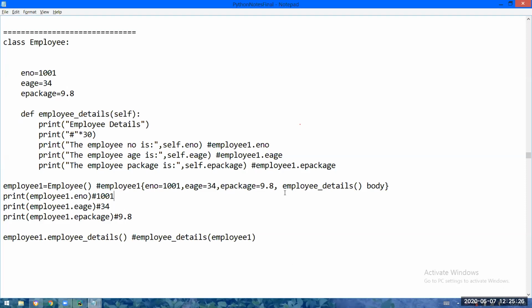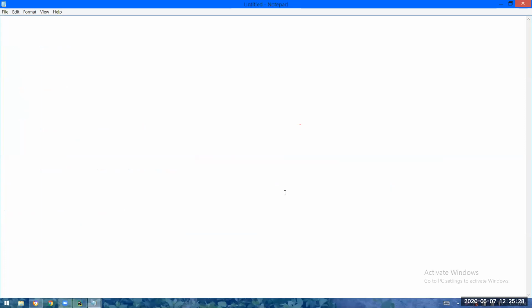So one small point for today's class. You can mute yourself now. In procedure-oriented languages like C, there is no concept of class or object. You have to directly write the procedures. Procedures means whatever function definitions, outside the class. That means no classes are there, only definitions are there.